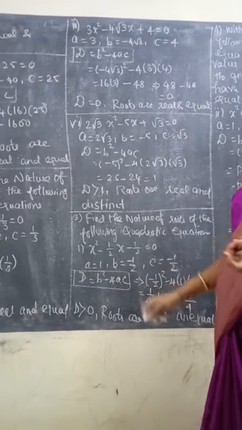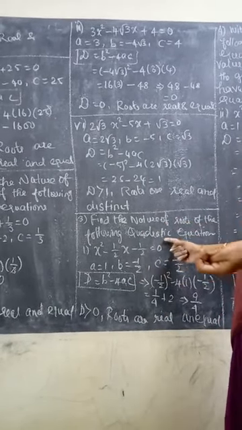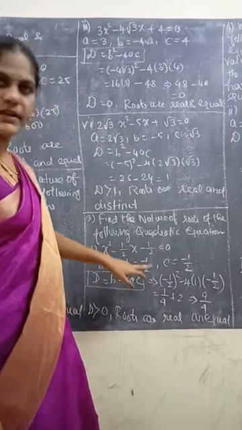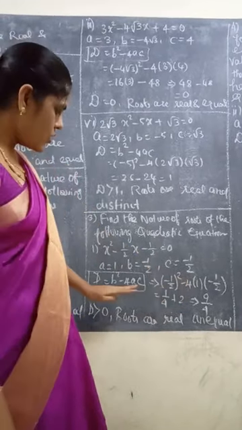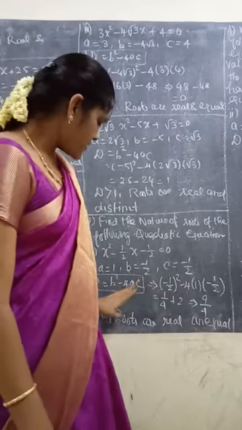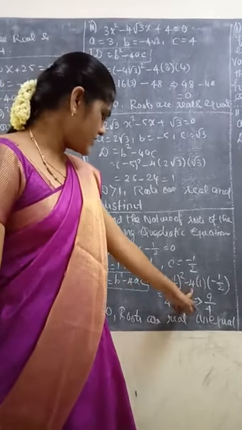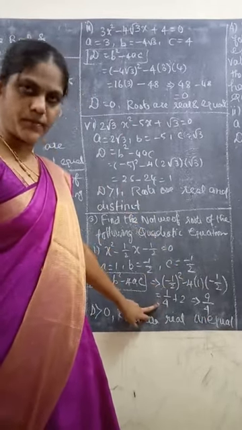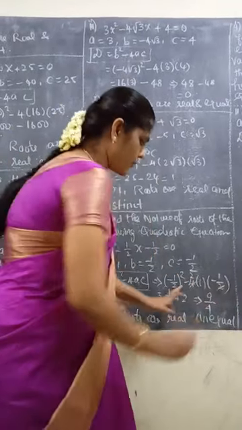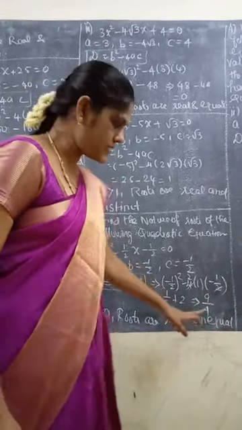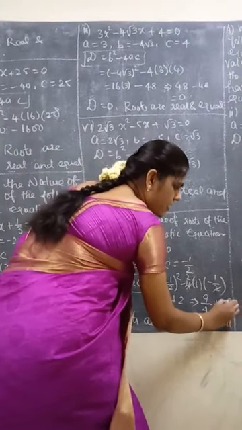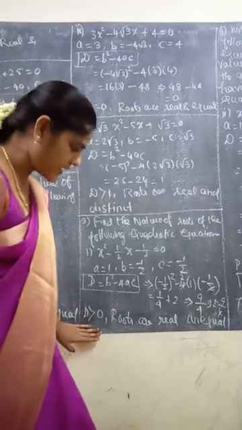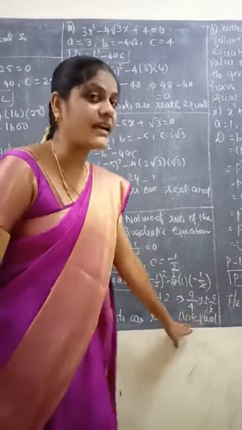Okay, next third sum. Find the nature of roots of the following quadratic equations in the same way. Here they have given the fraction form, that's it. So a equal to 1, b equal to minus 1 by 2, c equal to minus 1 by 2. What is the discriminant? b squared minus 4ac. So b value minus 1 by 2 whole square, minus 4 into a 1 then c minus 1 by 2. Minus 1 whole square is 1 by 4. Minus into minus is plus 2. So 9 by 4. This is plus 9 by 4, so automatically the discriminant value is greater than 0. So greater than 0, now the condition is real and unequal.